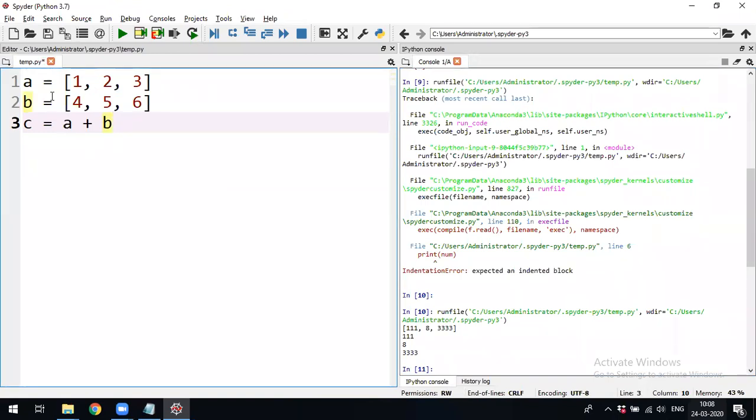Now we'll do the addition operation between the two lists. What can be the output? The expected output C can be 5, 7, 9, or else 1, 2, 3, 4, 5, 6. Only two things you can guess.